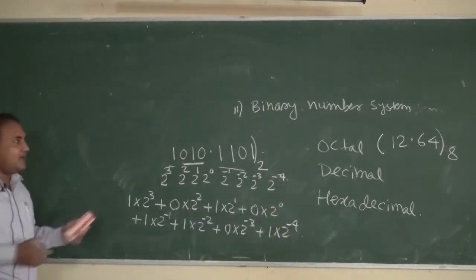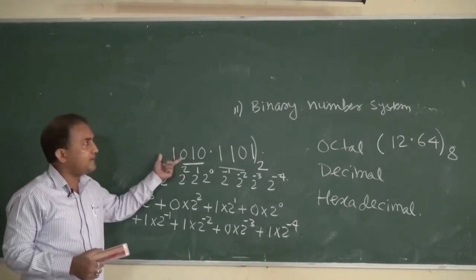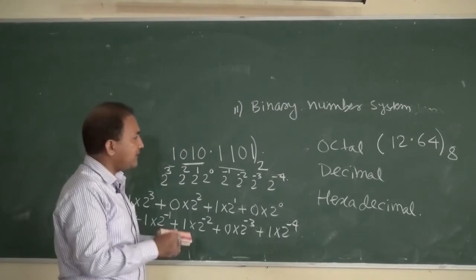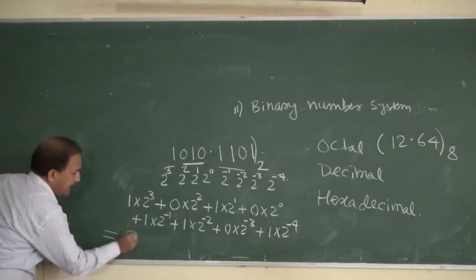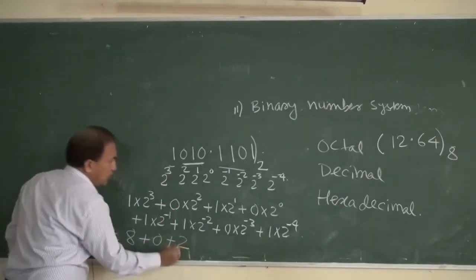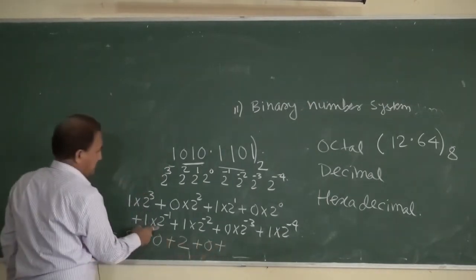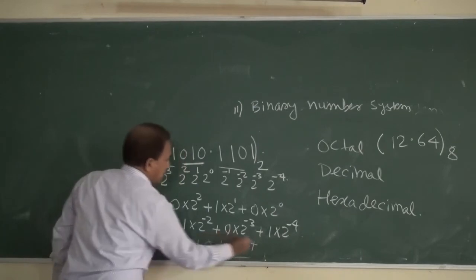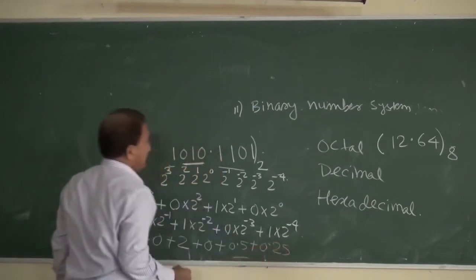In this way we can convert any binary number to a decimal number. So this is equal to 8 plus 0 plus 2 plus 0 plus 0.5 plus 0.25